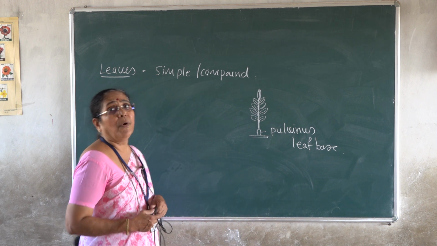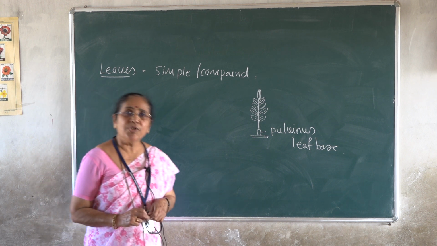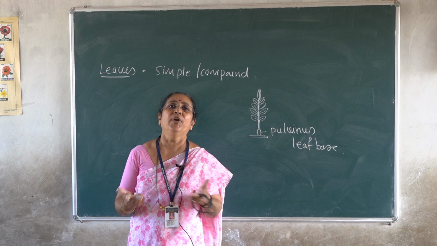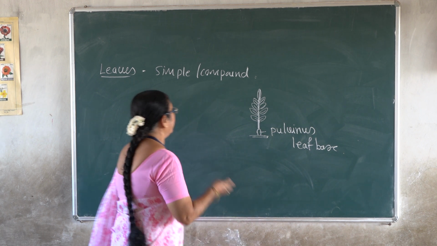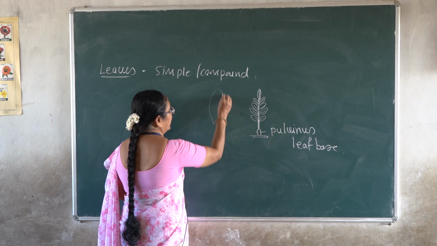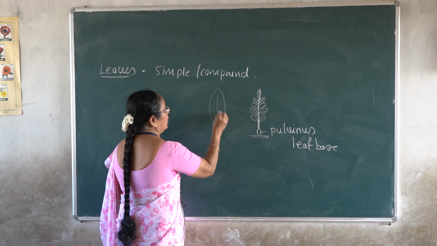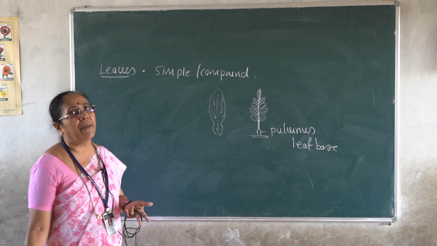And the palmately compound leaf is found in the members of this lemon species, and also in case of Aegle, because unifoliately compound leaf and trifoliately compound leaf are also found in the members. Citrus species, generally you might have seen the leaves of the lemon. The lemon leaf will be having such kind of winged petiole. Okay, so this is an example for unifoliately compound leaf, lemon species.